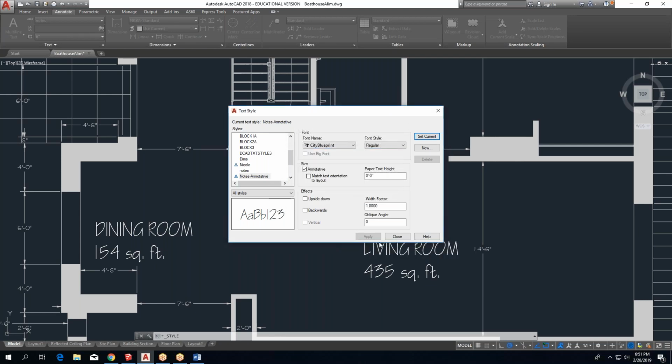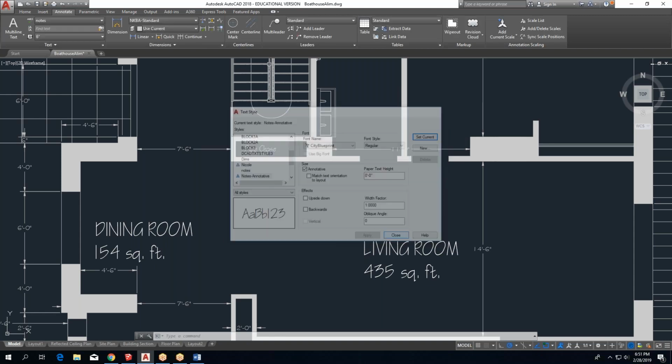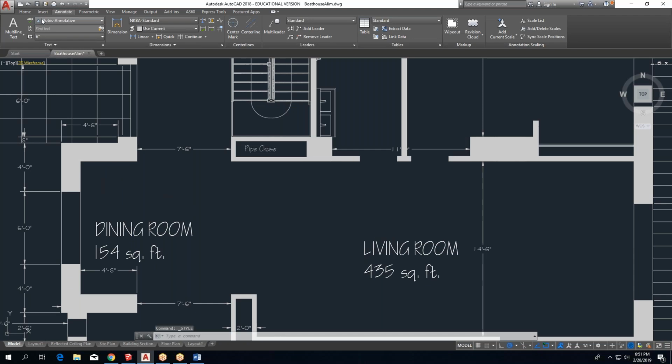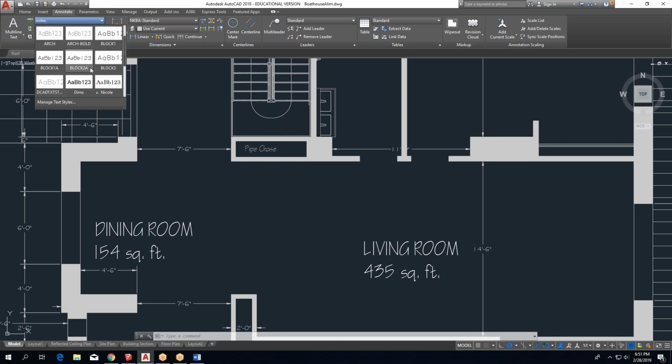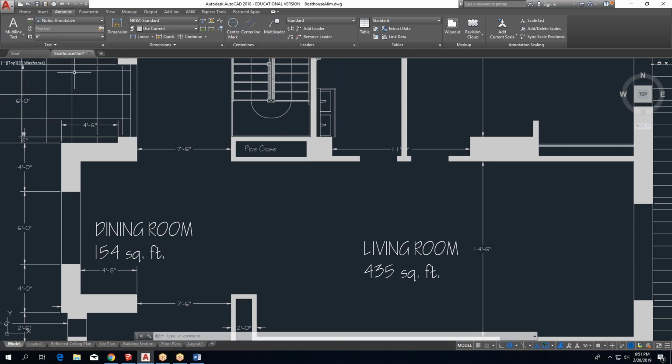And then I'm going to click Set Current. Yes, and I'm going to click Close. And you can tell because of the little blue ruler tip, it looks like the end of your architectural ruler, that it is in fact an annotative text style. If I go back and grab notes, notice there is no little blue annotative symbol. That matches similar to the blue annotative symbols down here in the lower right-hand corner. I'm going to swap back over to that notes annotative,